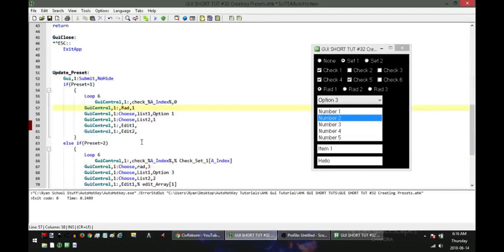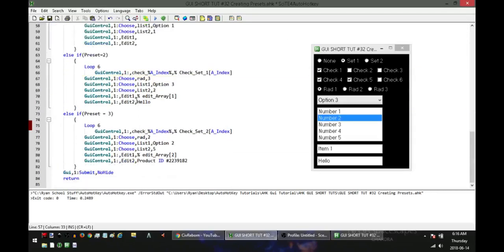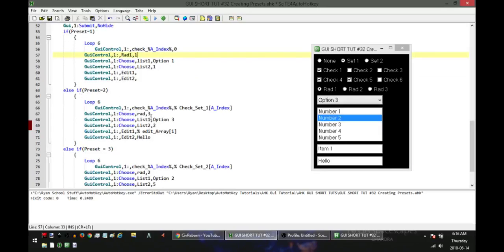Yeah, radio 1 has a value of 1. If it's our first preset, I'll get rid of the choose. This is radio 3, and it's going to have a value of 1. So the third radio is going to have a value of 1, because I remember before it was,